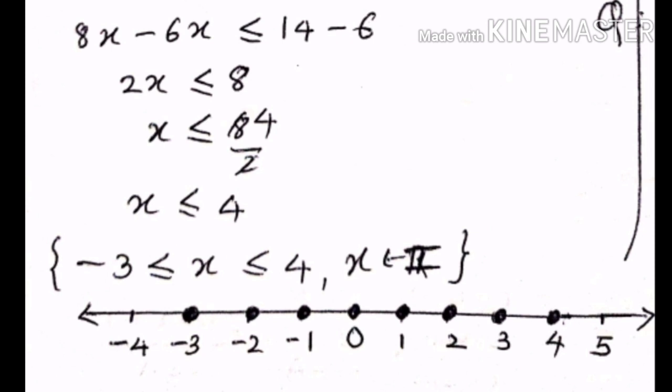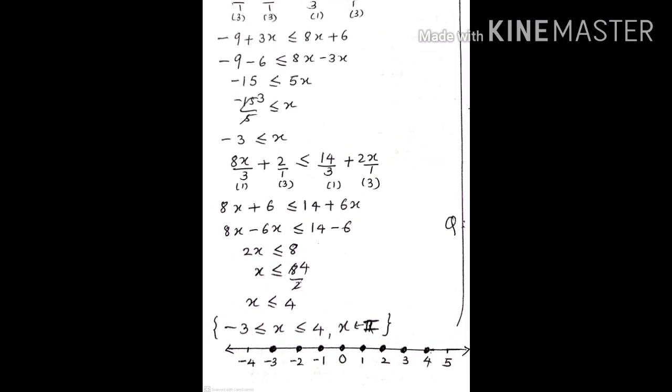Now the next question is from our factorization, factor theorem chapter. In that you have to find the k value, as x minus 2 is a factor of the given expression. So first of all we have to start with x minus 2 equal to 0. Why is it 0? Because we want the value of x, that is 2, and we place it in our expression to get our k value.